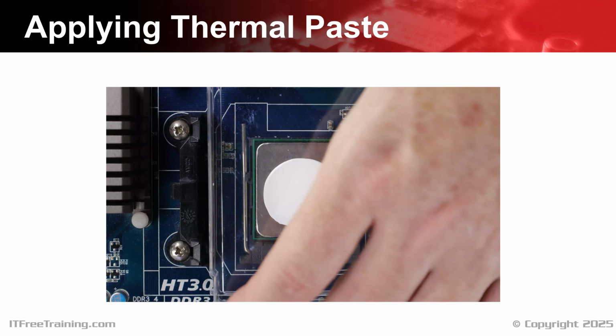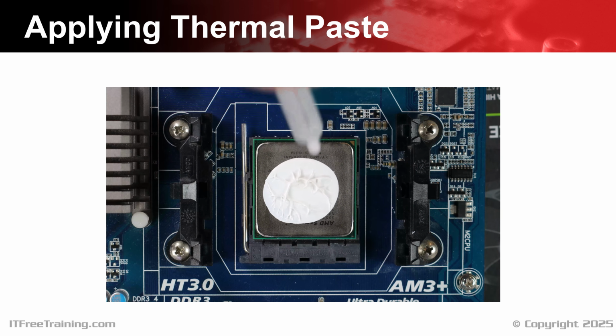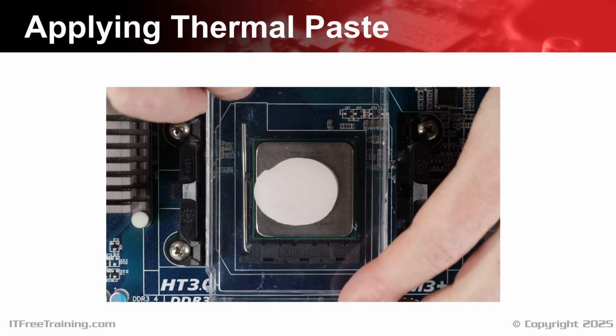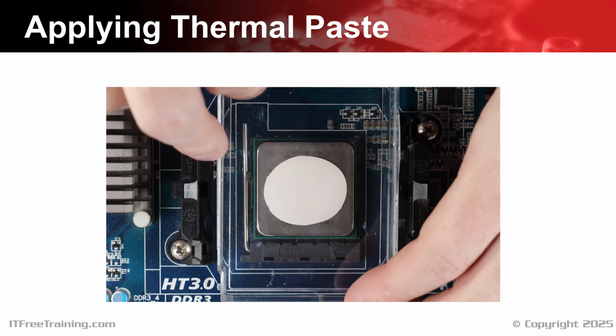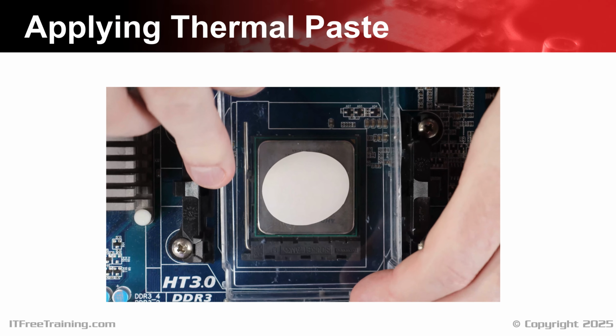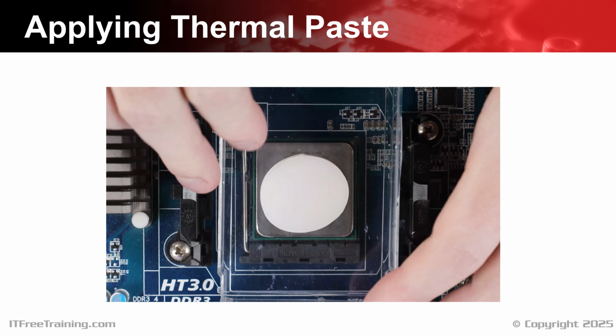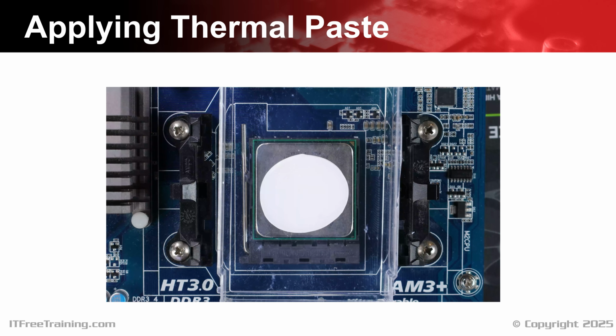I will remove the plastic so we can have a better look at the thermal paste. You'll notice that there's a bit of space around the edges of the CPU. So in this case, I will add a little more thermal paste and put the plastic back on the CPU. The thermal paste is spread out a little more, giving me better coverage of the CPU without going over the sides. When you're installing a CPU cooler, don't be afraid to remove the CPU cooler and see if you need a bit more thermal paste.